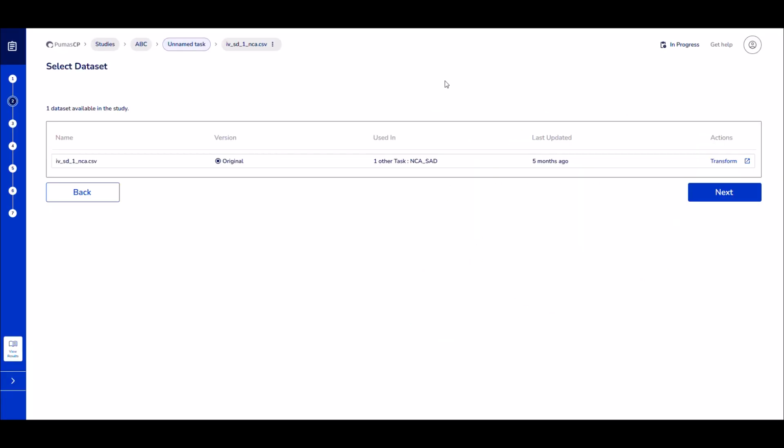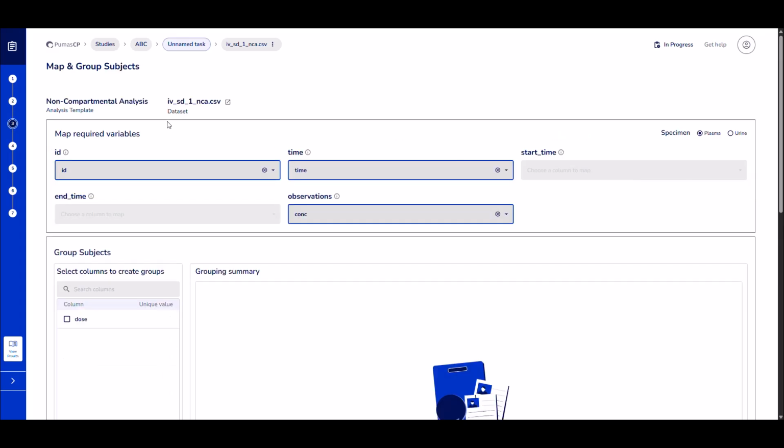In this video, let's look at automapping. How does automapping work in PumasCP? So when you select the dataset in step 2 and click on next, where you arrive at the mapping stage,